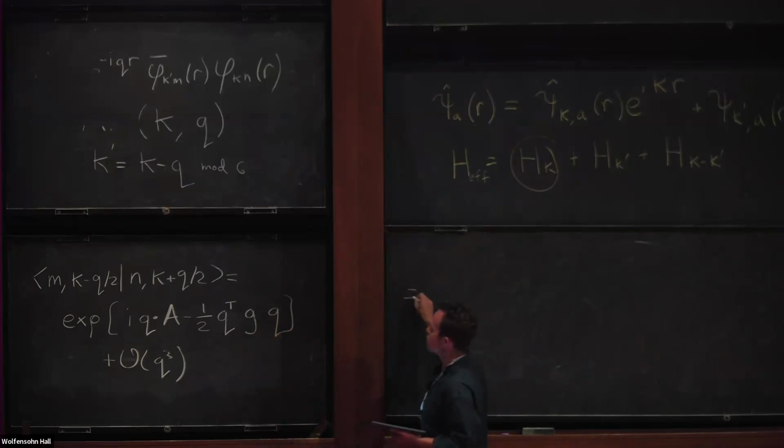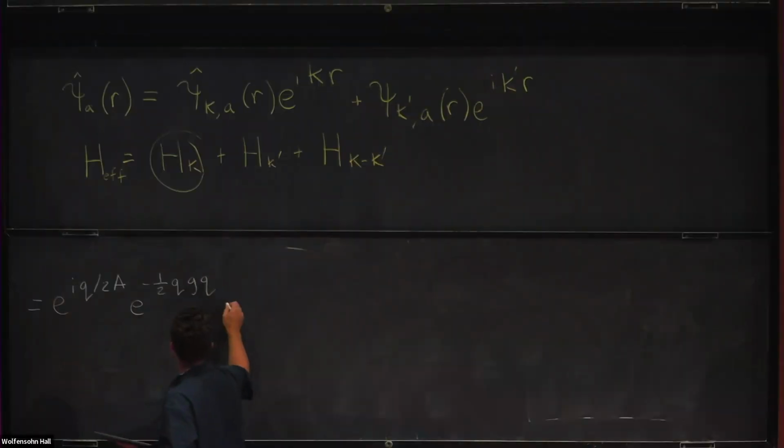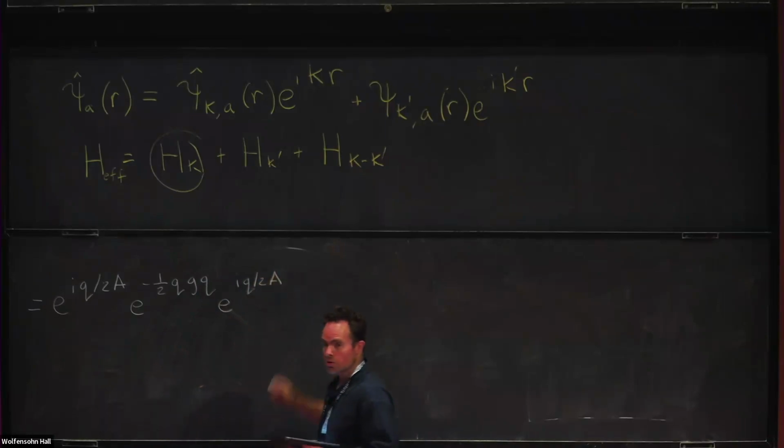I'll continue the equality here as e to the I q over 2a. I'm going to sort of Suzuki-Trotter it, because to this order, to order q cubed, it will be accurate to Suzuki-Trotter it: e to the 1/2 q g q e to the I q over 2a plus order q cubed. And then what I can do is just substitute that into the expression there. And you find that the Fock term